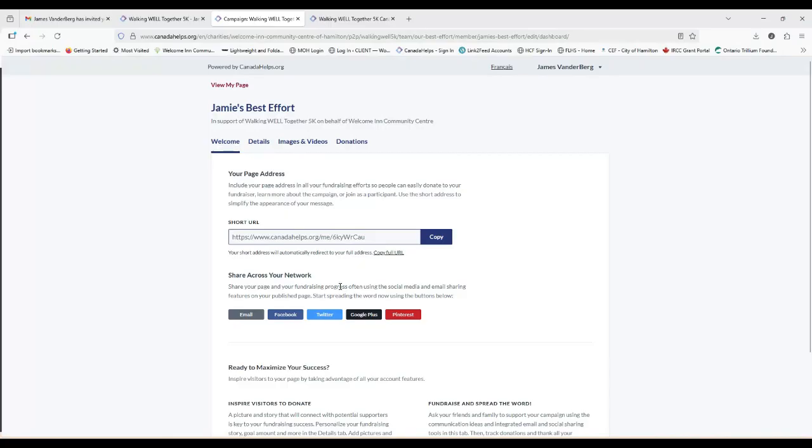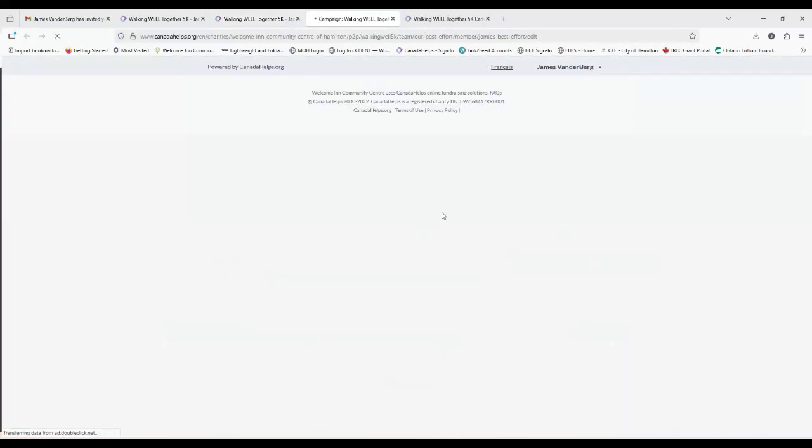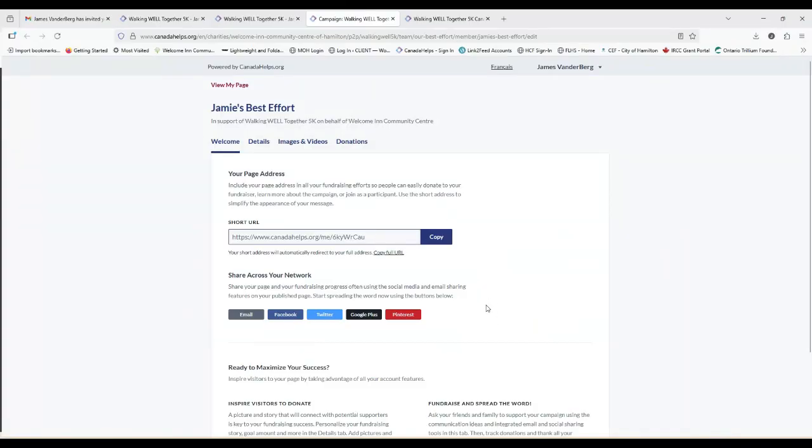If you do that, whenever they click on the post, it will bring them to this Canada Helps page. It'll bring them to your personal page, which remember looks like this now that you've updated it. And any fundraising that you've already done will be tallied here. So that is how you send out the request to donate to friends. You can use Pinterest too if you really want. So you can use social media, you can use email. The point is you need to start telling people about this page of yours, and on the page they'll find that donation form and they can do online donations.